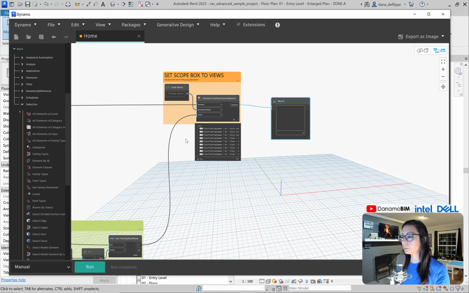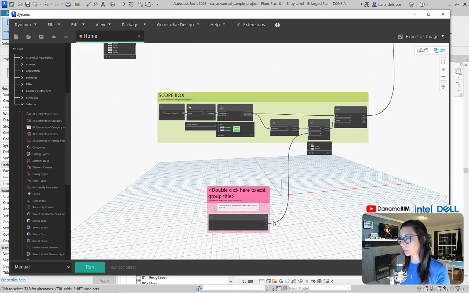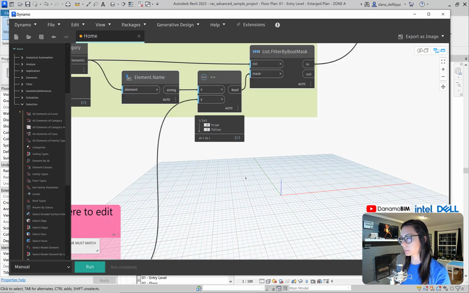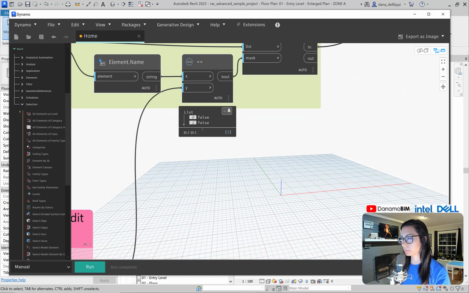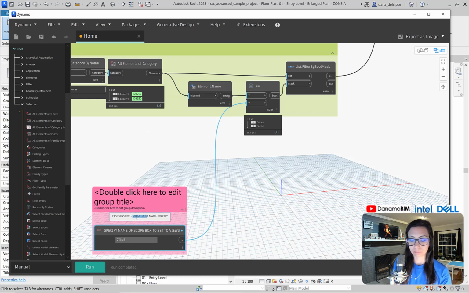Now, if my user comes in and they specify a scope box with a rogue name, so I'm just going to come in here and put something like zone, which does not exist. I should get 2 falses. Neither of them equal zone. They contain zone. They do not equal zone. And I actually will say scope box name